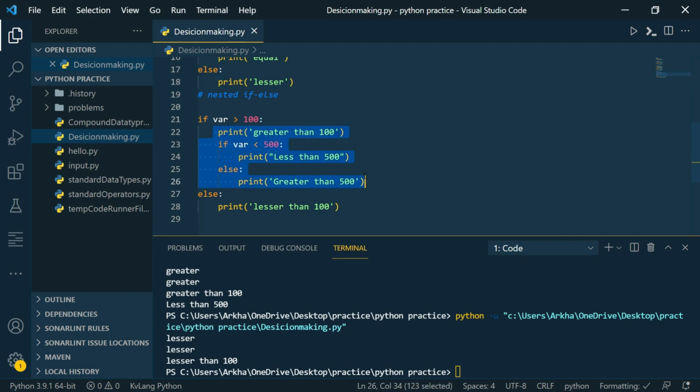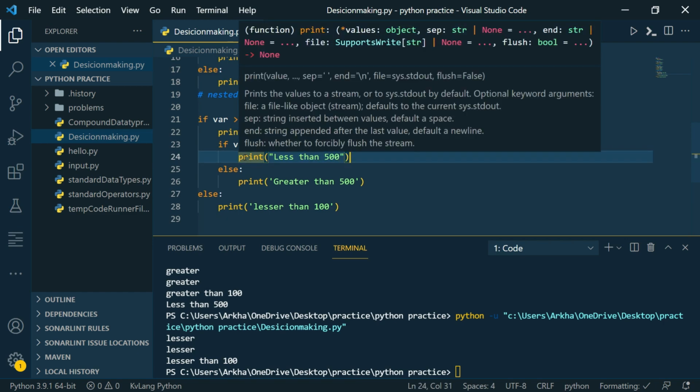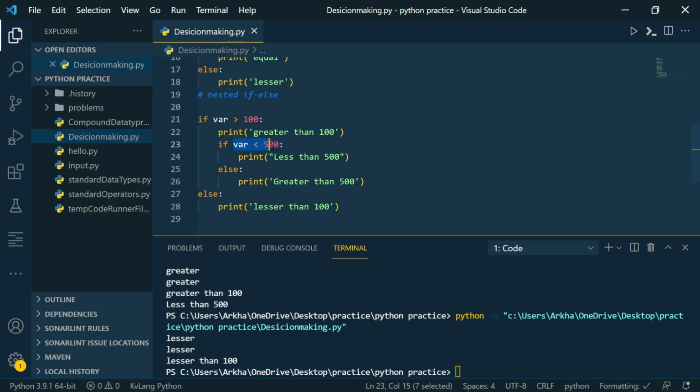This block is treated as the statements for this if condition, and this particular block which is indented after this if is the code block for this particular condition, and same for this. Indentation is really important in Python, as Python doesn't have any semicolons or flower brackets.